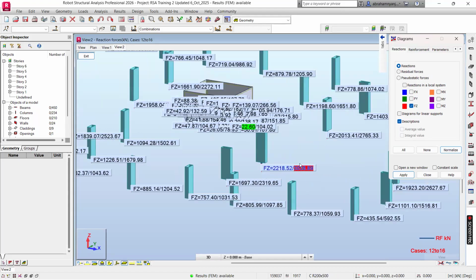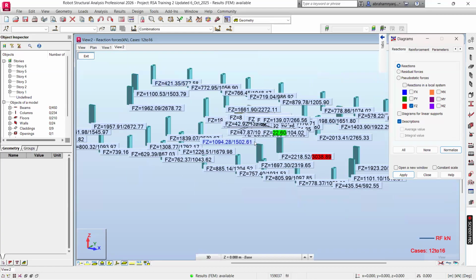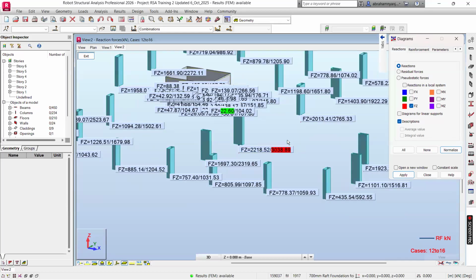So this would be our footing 1. Whatever is between 2,000 to 3,000 will be footing 2. Whatever is between 1,000 to 2,000 will be footing 3. Then less than 1,000 will be footing 4. So you can group them like that, depending on the FZ, but that is not